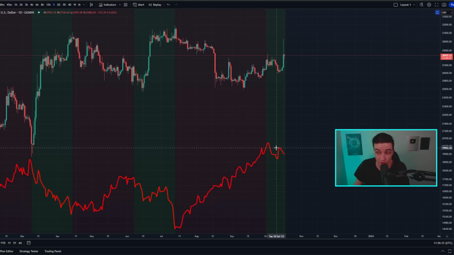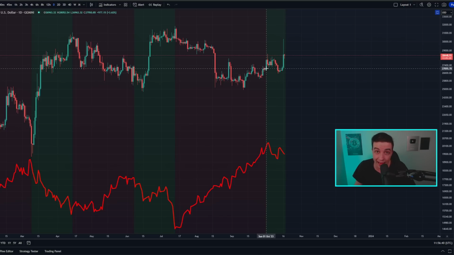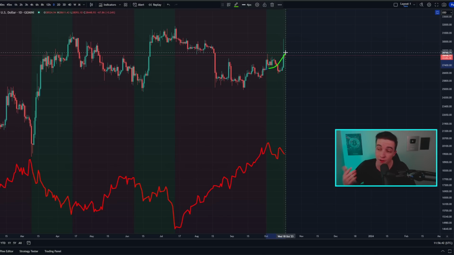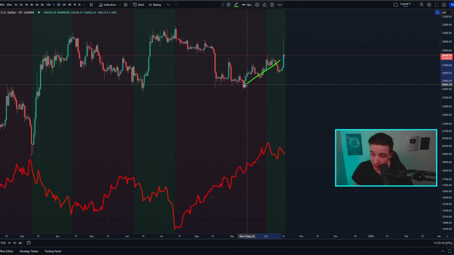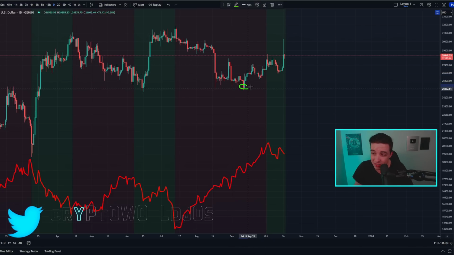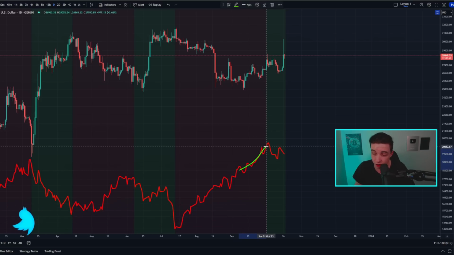And obviously, as of recent, the DXY has started to move back to the downside, at least just a little bit from the local high, which so far has already been slightly more bullish for Bitcoin. But like I said, this is not 100% accurate, because for example, the Bitcoin price has started to already trend back to the upside since 25k back around mid-September, whereas at that time, obviously the DXY was also still trending to the upside.